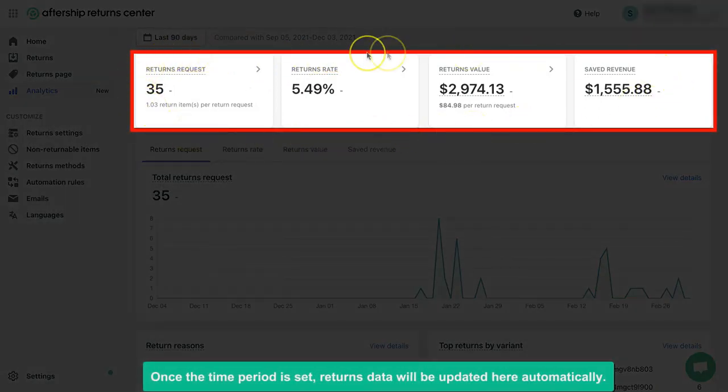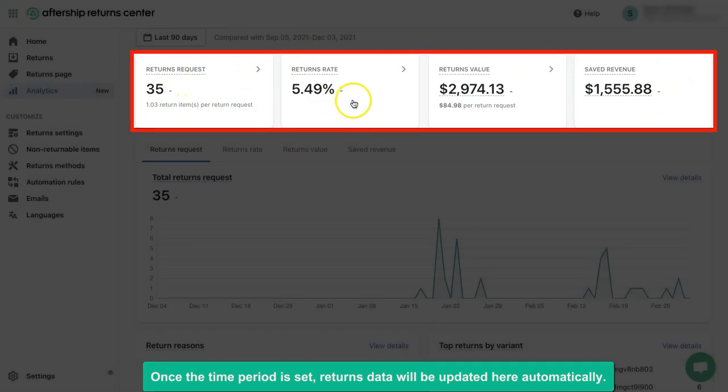And this basically shows you the number of return requests. So for us, that was 90 days. So we've had about 35 returns in the last 90 days. So about 10 or 11 every month. And our returns rate for the last 90 days is